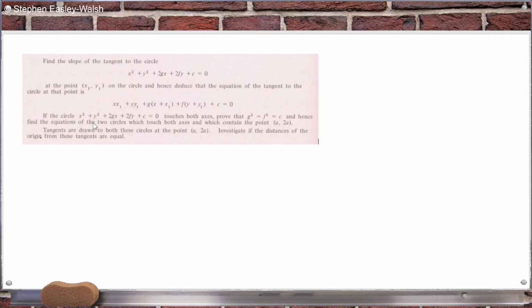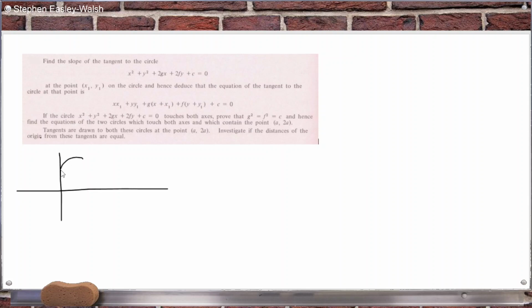If the circle x squared plus y squared touches both axes, prove that g squared equals f squared plus c, and hence find the equation of the two circles which touch both axes and which contain the point (2, 2). Okay, so